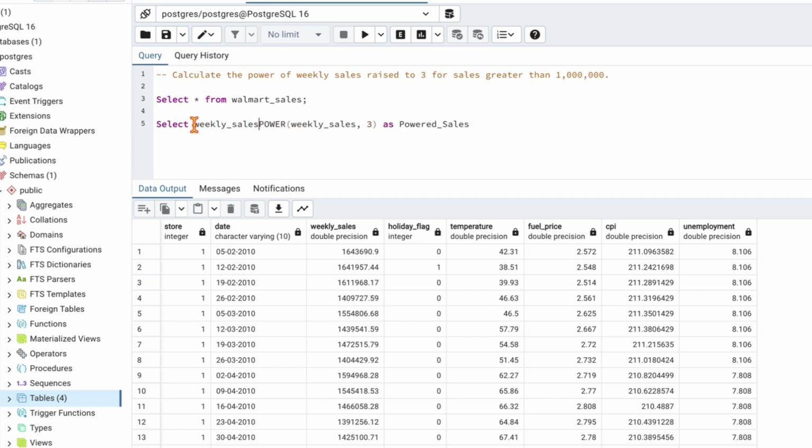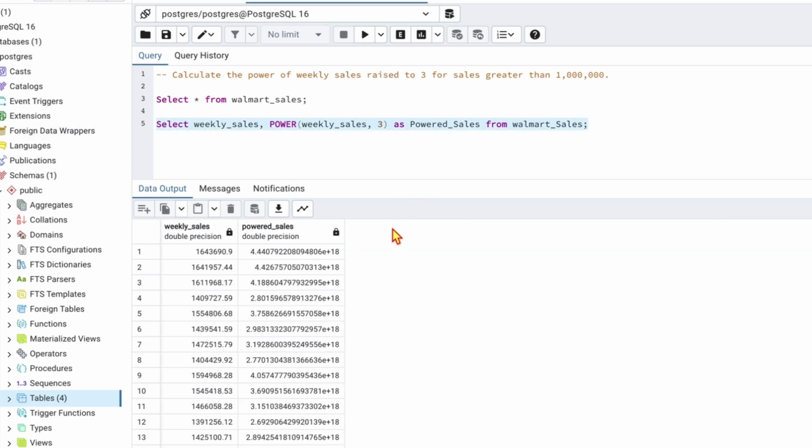Let's give the original value here from Walmart sales. Execute it. So this is the value. We missed a clause. Not only is the ask to raise it to power 3, but for the sales greater than this number. So what should we incorporate in this query? It's a simple where clause, where weekly sales is greater than